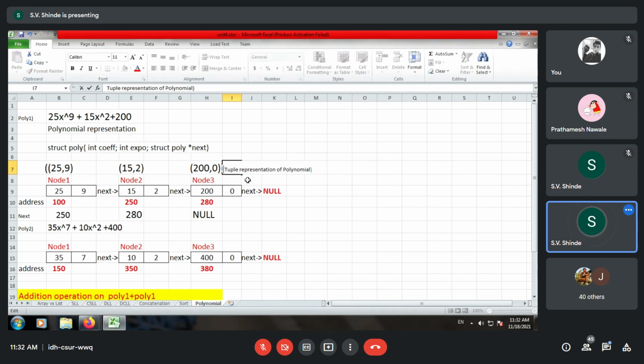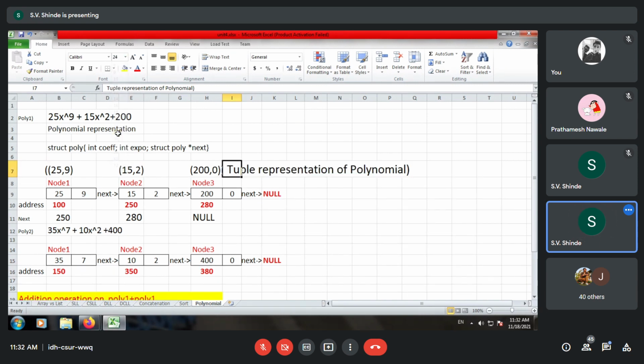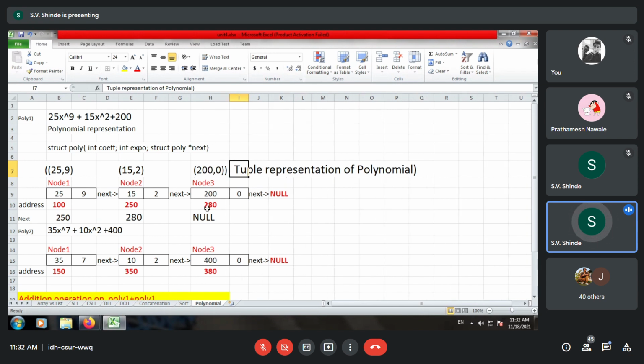So this is nothing but the tuple representation of a polynomial. In exams it may happen that you will get a statement like this which is highlighted, in the form of a polynomial, or you may get it in the form of tuple representation. Everyone getting? Yes, participants, are you able to understand the tuple representation of the polynomial?